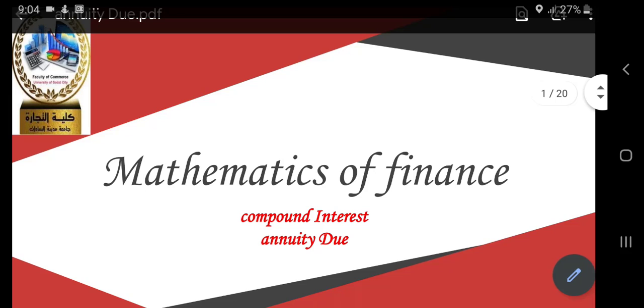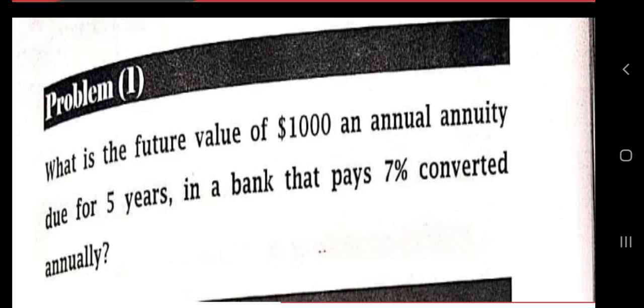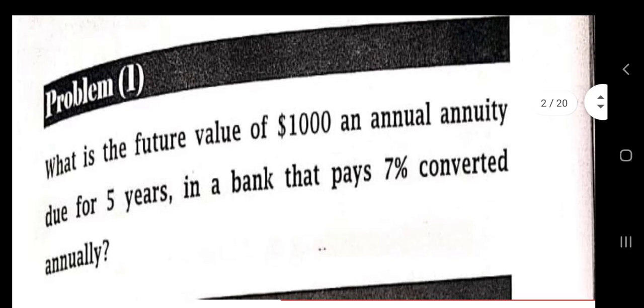Today inshallah we will resume talking about mathematics of finance, compound interest, annuity due. Let's start with problem number 1. What is the future value of $1,000 an annual annuity due for 5 years in a bank that pays 7% converted annually? In this example, R will be equal $1,000. It's annuity due because of,